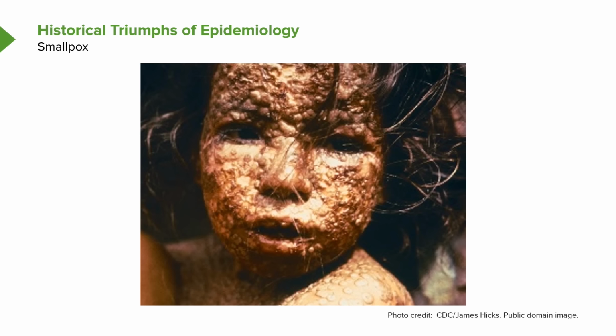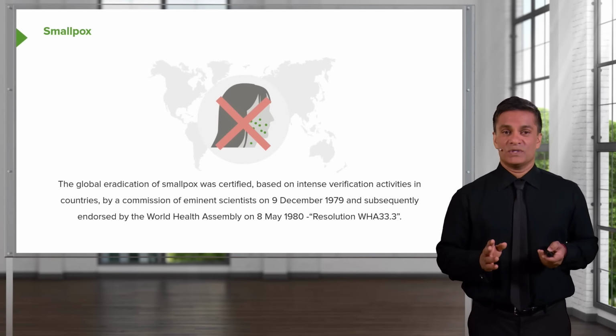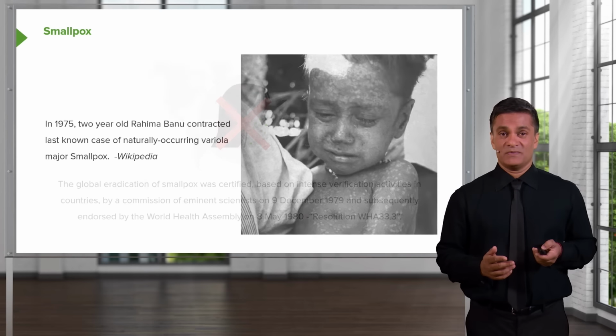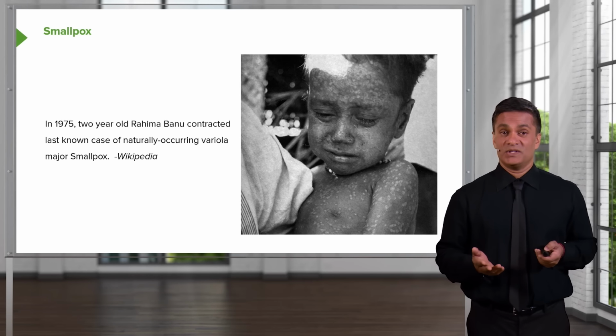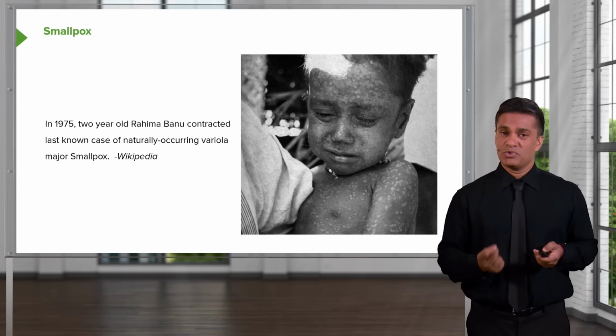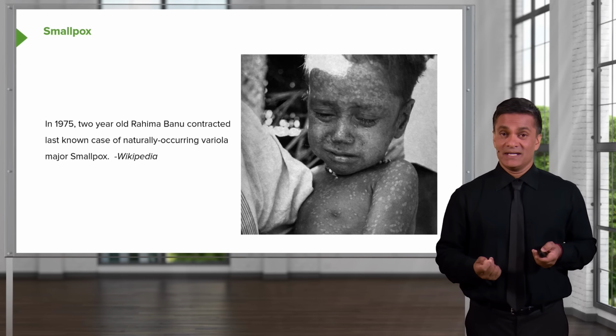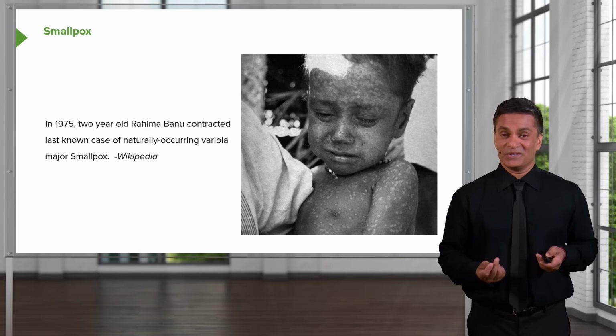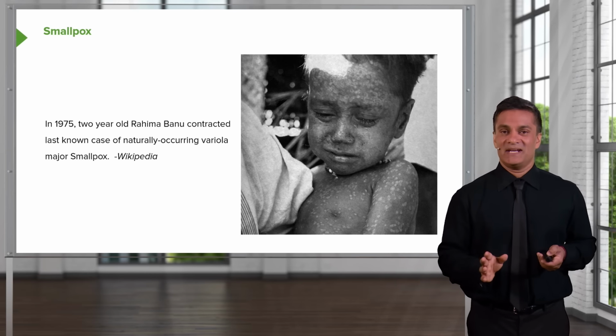Heroes, I would argue. So, as I mentioned, smallpox was declared eradicated by the WHO in 1980, but attempts to do so go back decades before then. In 1975, this individual, Rahima Banu, I think she's from Bangladesh, was the last person to contract natural smallpox. And since then, we don't know of any individual who has contracted natural smallpox. So we're pretty confident that smallpox has been eradicated. I'm sufficiently old that I still have a mark on my shoulder from my smallpox vaccine. It left a large mark. But young people today don't have that mark. They don't have that burden because we have eliminated the need for that vaccine.